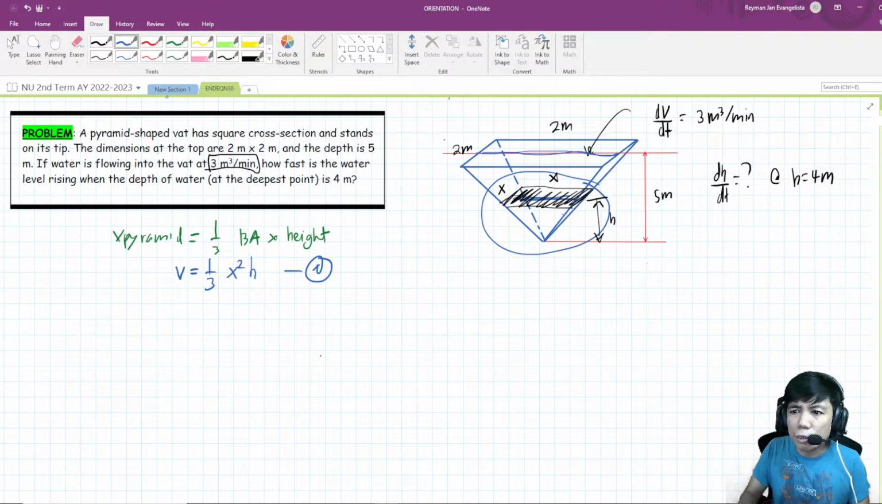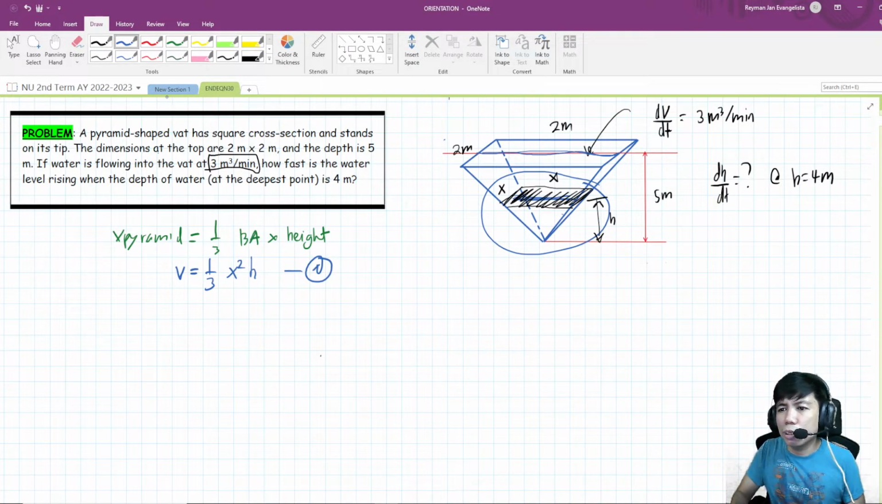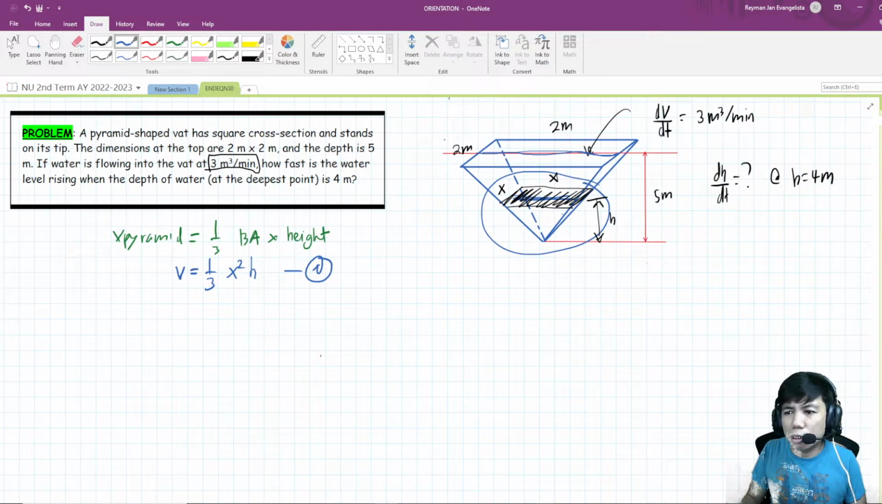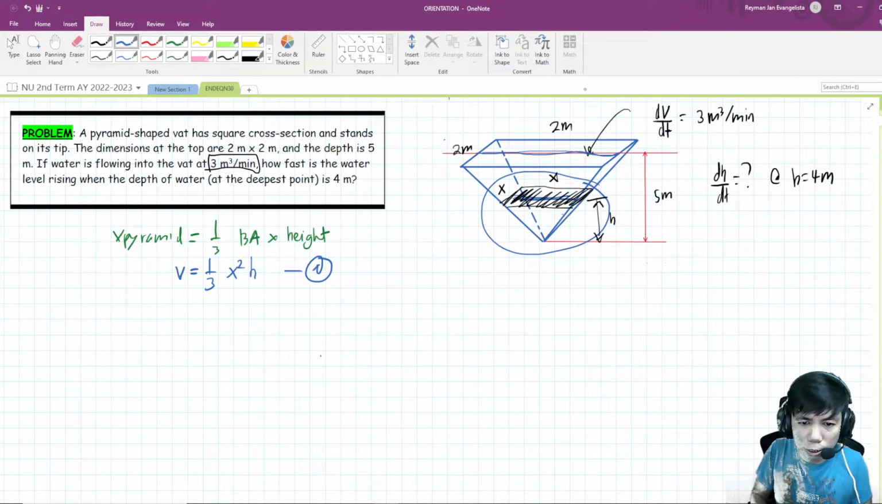So paano makuha yung relationship between x and h? Since nag-cut ka lang diyan ng parallel dun sa may top surface or top section, ibig sabihin you will create similar figures na. Ang na-form mo dito is triangles, so you will apply similar triangles na. So by similar triangles,